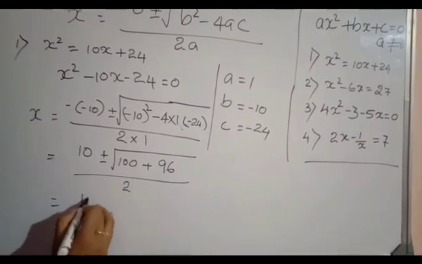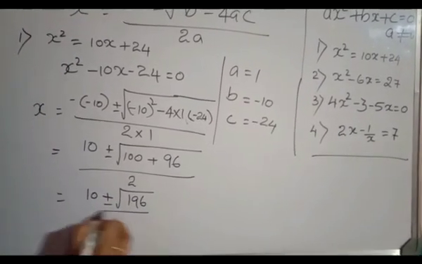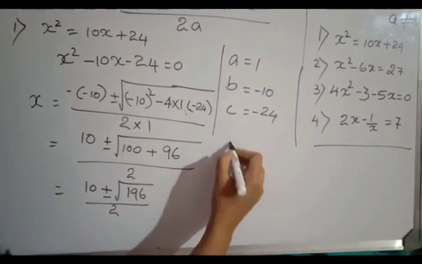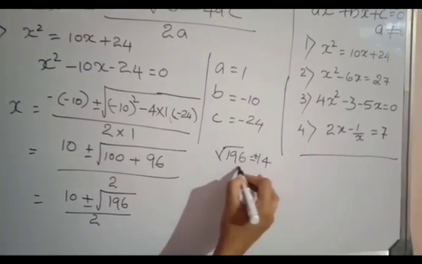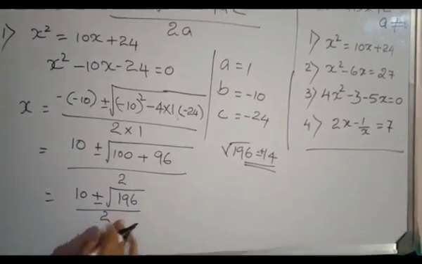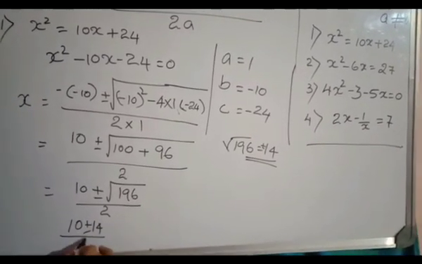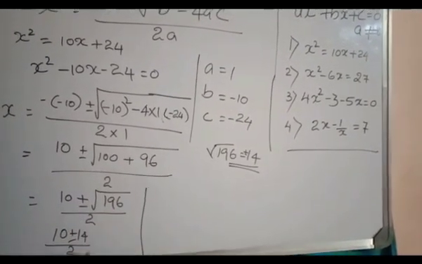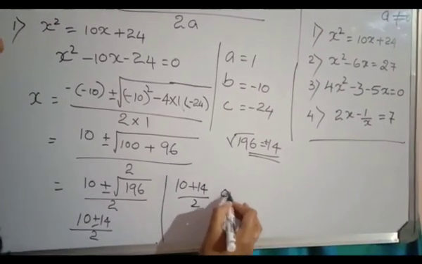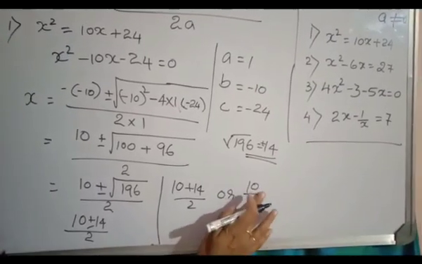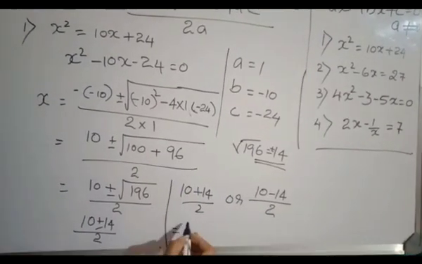That's equal to 10 plus or minus root of 196 divided by 2. What's the root of 196? Square root of 196 is equal to 14 plus or minus 14. So substitute that value here. You will get this as 10 plus or minus 14 divided by 2. So you're going to get two values here. That is 10 plus 14 by 2 or 10 minus 14 by 2. 10 plus 14 is 24 by 2